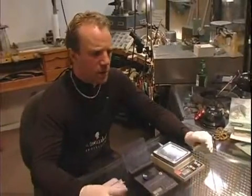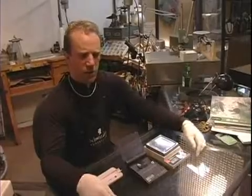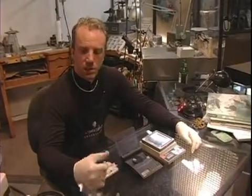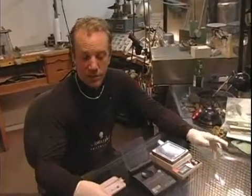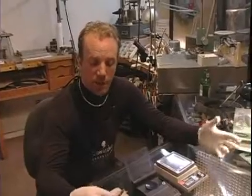I want to talk a little bit about stones and stone weights and how stones are sold and how we judge or how we characterize stones. There are many different shapes, of course: round, oval, emerald cut, princess cut, many different shapes. Faceted stones, like diamonds and rubies and sapphires, are generally sold in